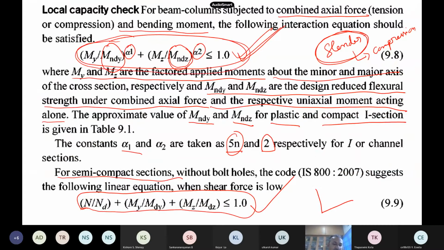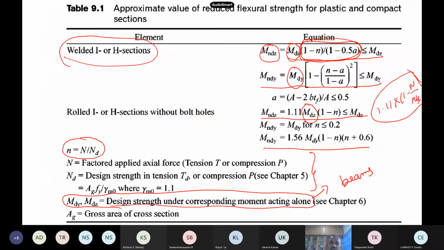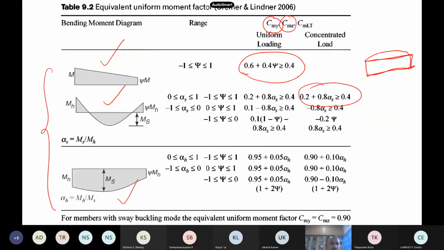If it is semi-compact, it is very simple and straightforward, no need to do anything. You design this as a column and as a beam, just check their capacity, and if it is less than 1, that's all. But if it is plastic or compact, because you are allowing it to go into non-linear behavior, plastification and hinges and other things, you may have to reduce this using the interaction equations I have already showed you. You multiply by those factors, and then you get these numbers. It's very simple and straightforward.